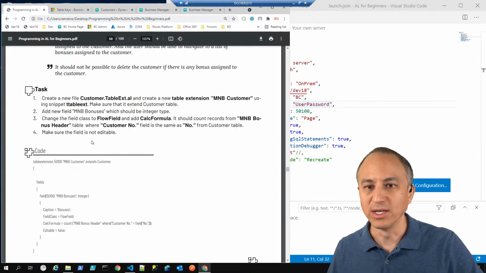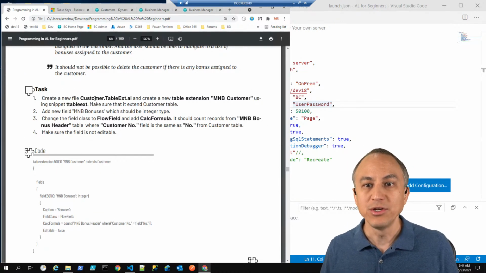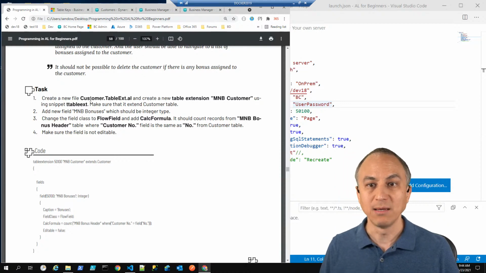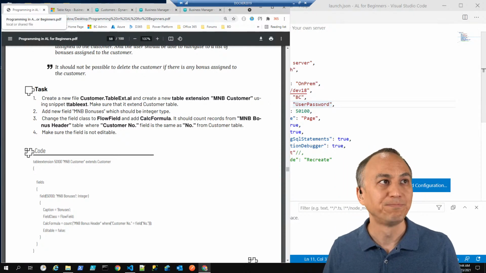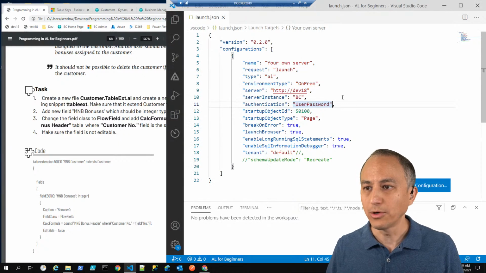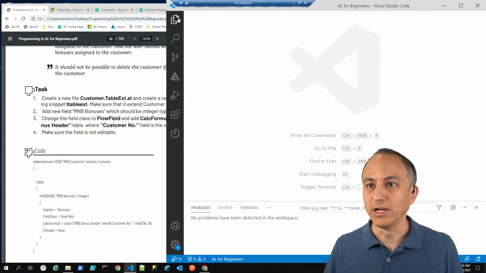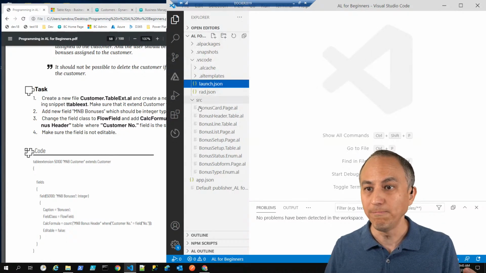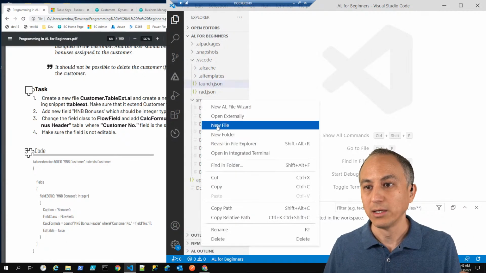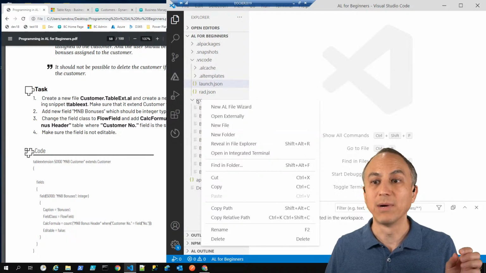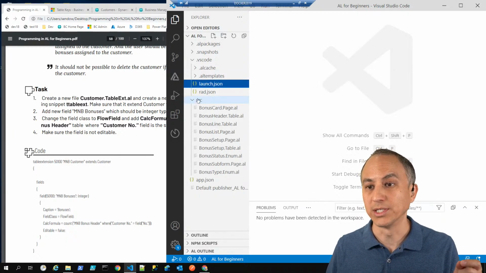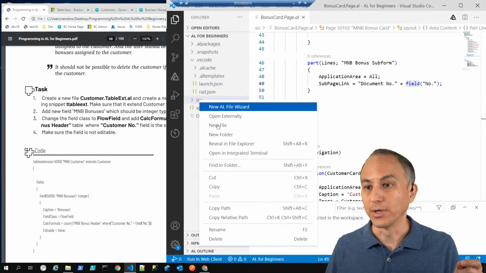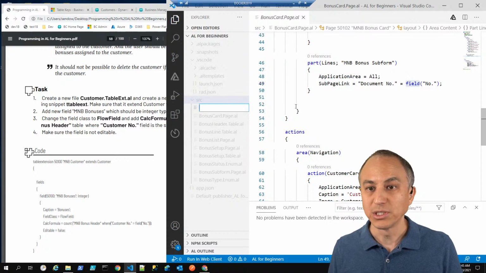So let's take a look at this. So create a new file, customer.tableextension.al. Okay. So I'm going to go over here. In Visual Studio, I'm going to click on my Explorer button, and I'm going to right click, choose new file, right click on my SRC folder where my source is. Okay, new file. And I'm just going to call this